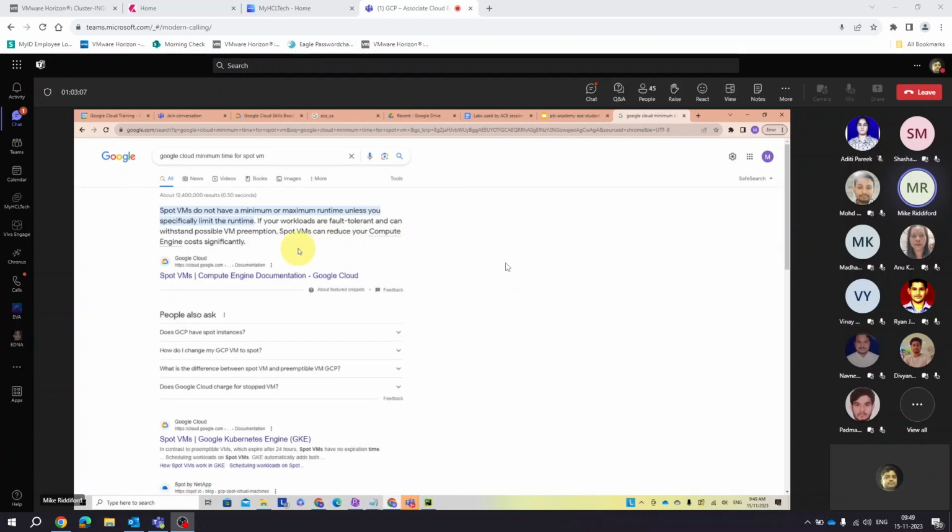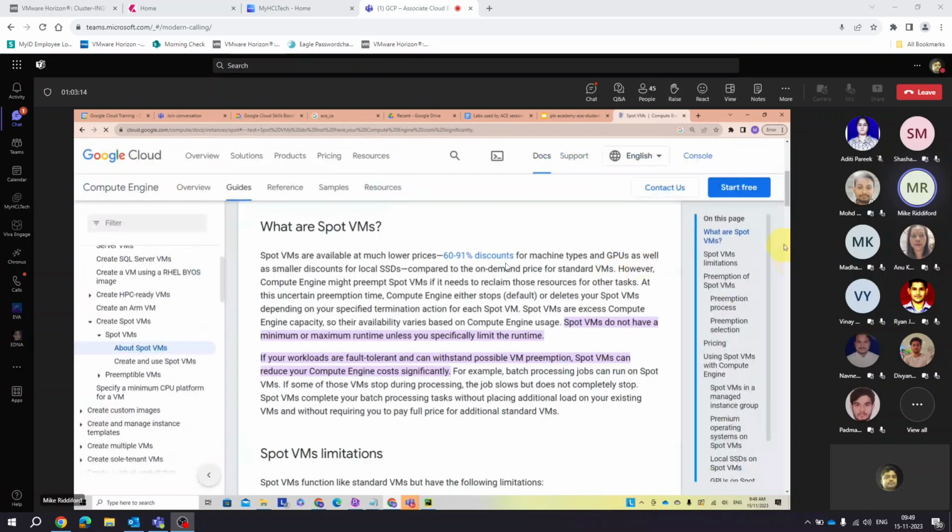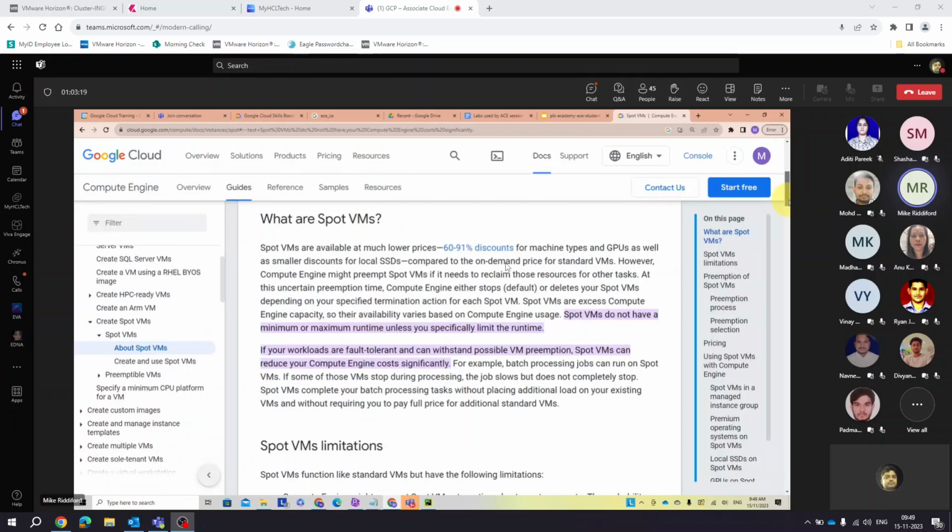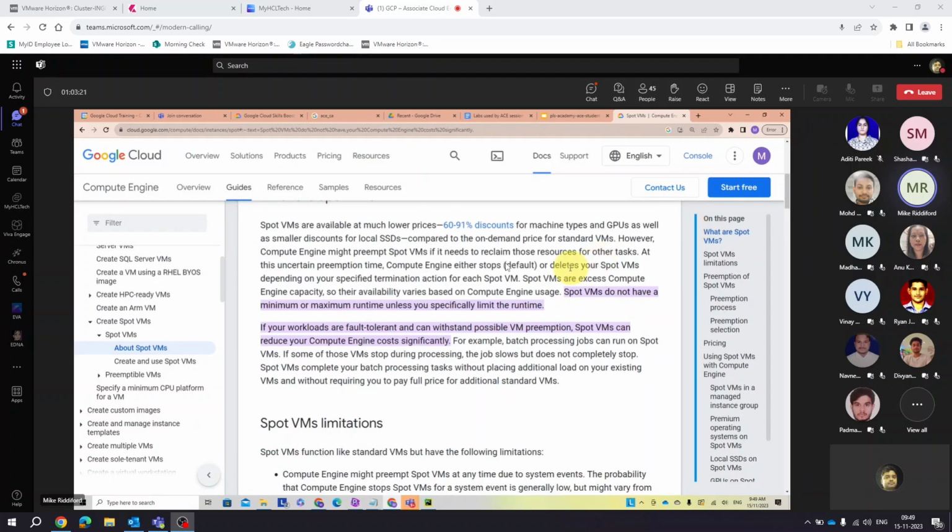Let me see if they have a limit. Okay, so they don't have a minimum and maximum runtime, but the danger with a spot VM is that